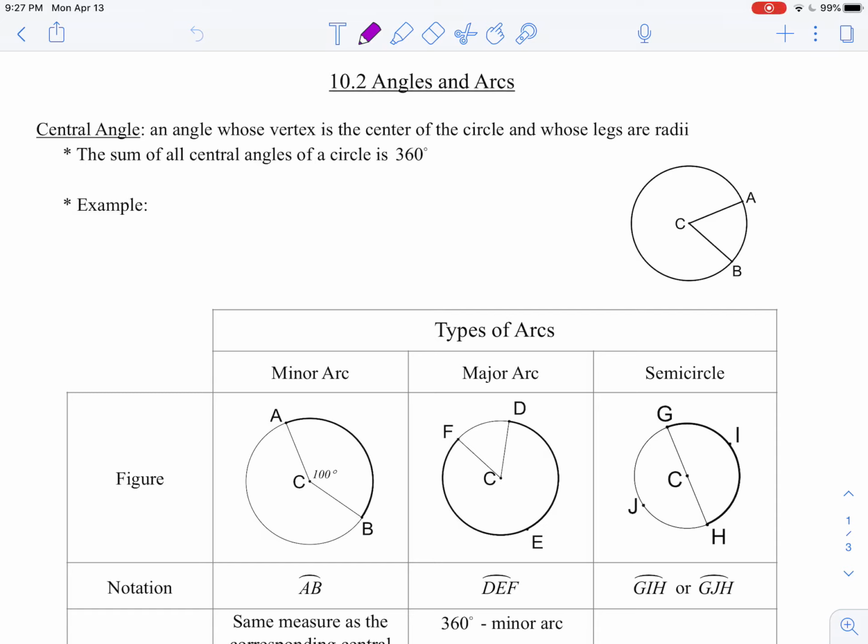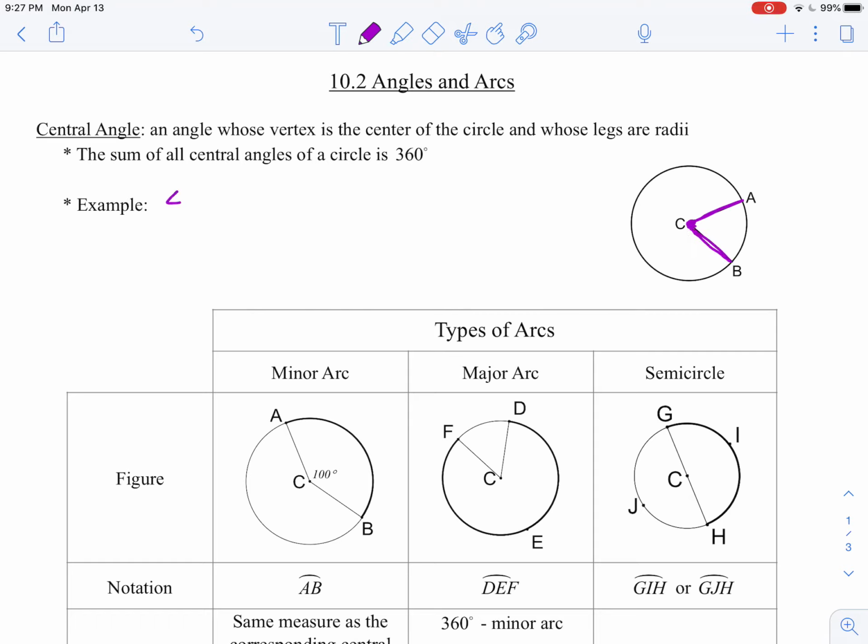Hello, today we're going to be looking at angles and arcs around circles. There are several different types of angles within and around circles, but we're going to focus today just on central angles. Central angles have a vertex that's at the center of the circle, and the sides of the angle are radii of the circle. In this first picture here, you can see a central angle